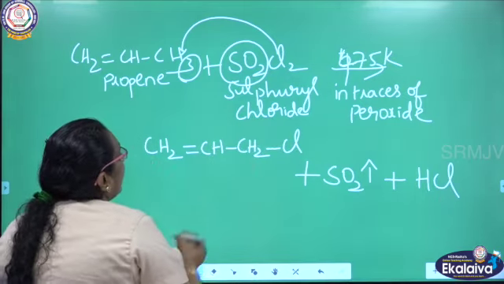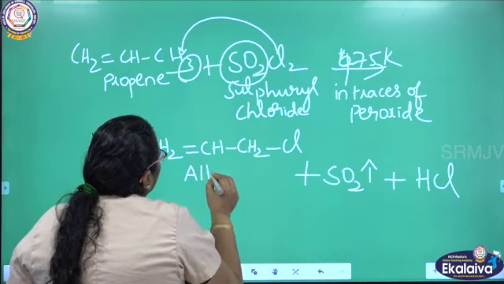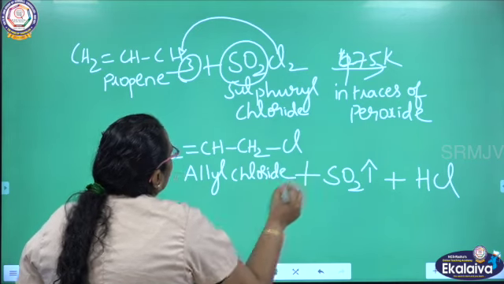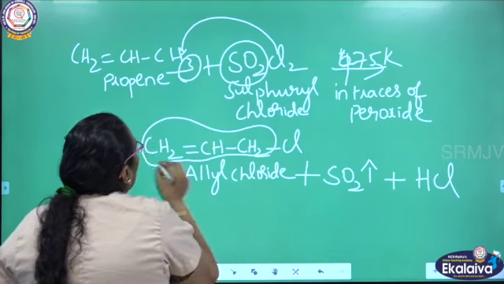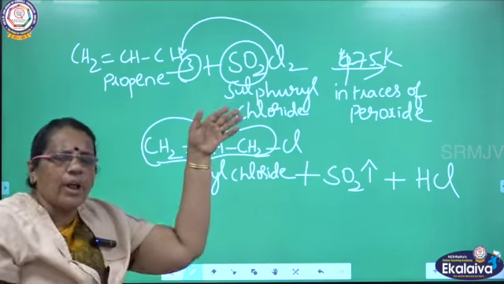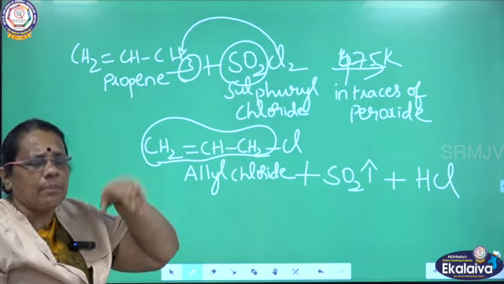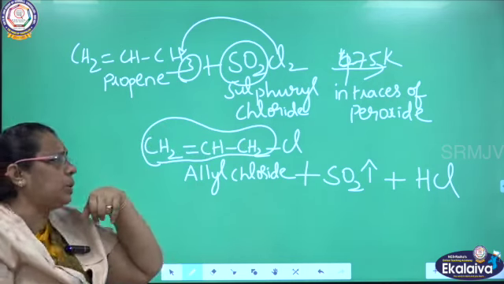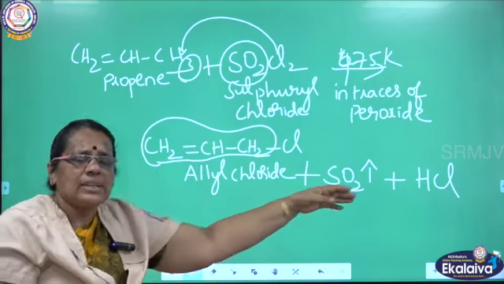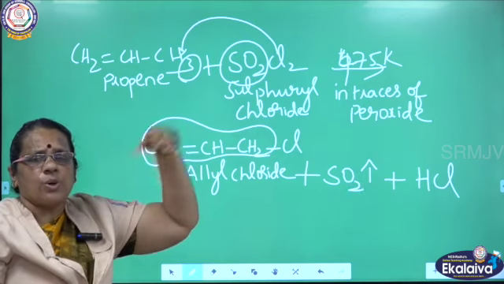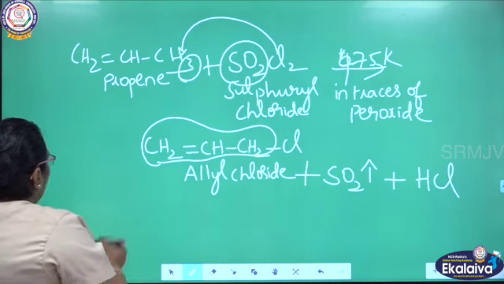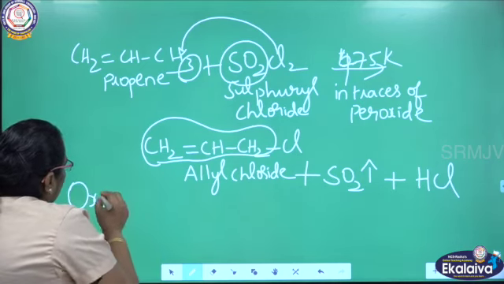So what is the product I am getting here? Allyl chloride. I am getting allyl chloride by allylic substitution. This is the allyl group, as I already told you. I have removed hydrogen atoms from the allyl group and substituted them with some other atom, so it comes under allylic substitution. So the compound I am getting here is allyl chloride, with the liberation of sulfur dioxide gas and HCl. So all these come under allylic substitution. The next one, we are going to talk about the oxidation reactions.